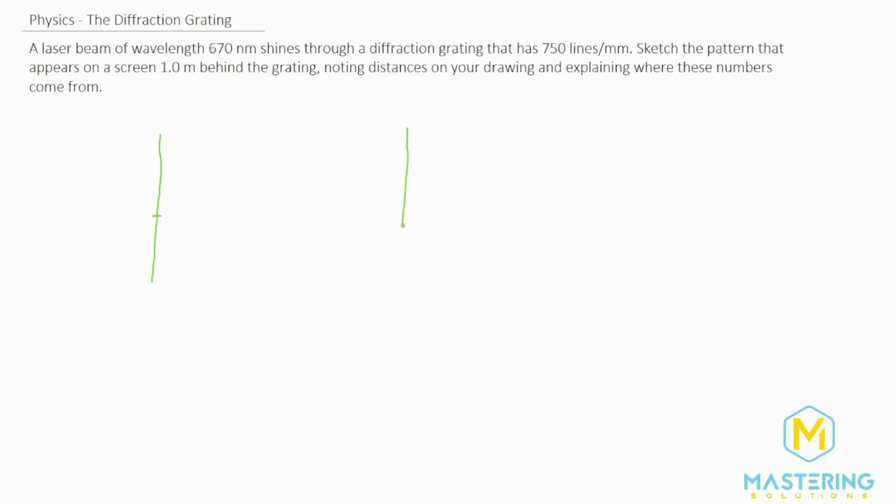Now, we know that over here, the viewing screen is given, and that is going to be L. So that distance there. Okay, so that's L, and it is equal to 1 meter, they said. So if we draw a diffraction grating, the pattern is going to be, we'll have a central maximum, kind of like that right there. And then next to it, for m equals 1, we'll have a little bit smaller of a maximum, and the same distance away, we'll have a little bit smaller right there, and these two are the same height.